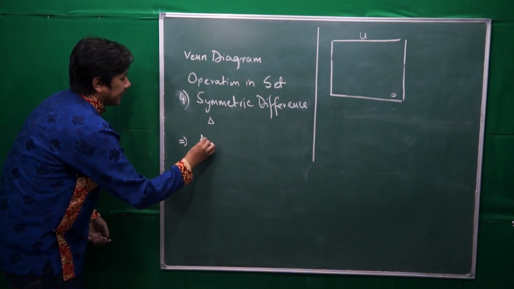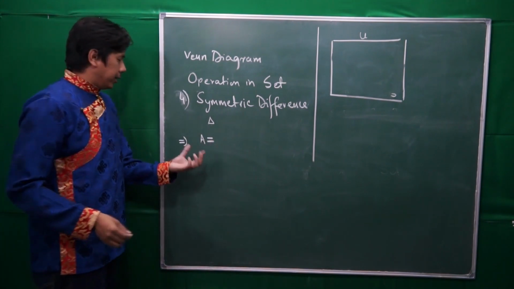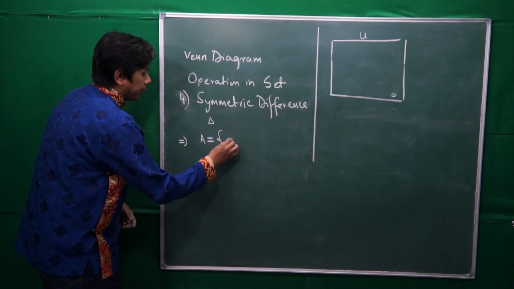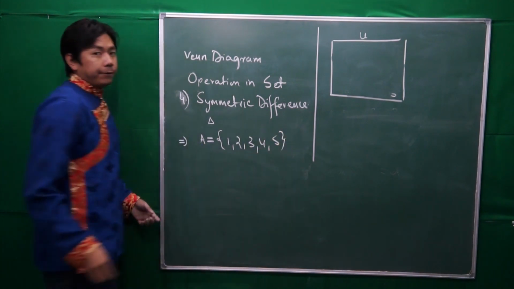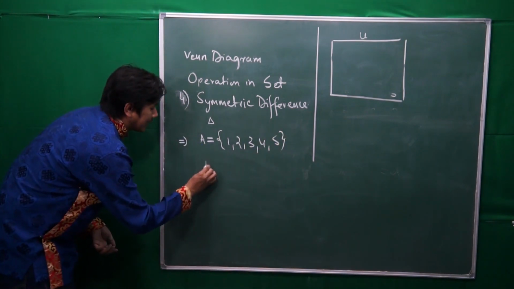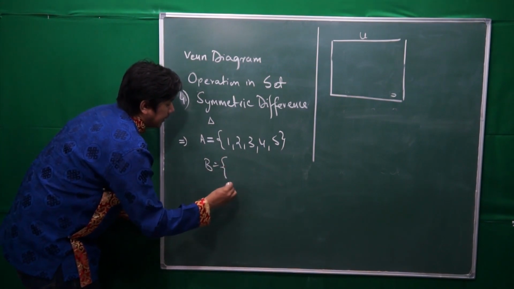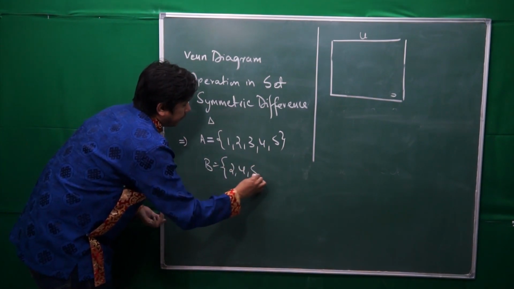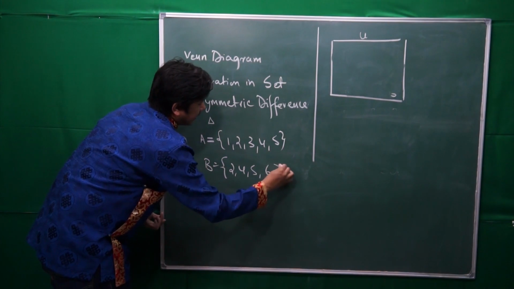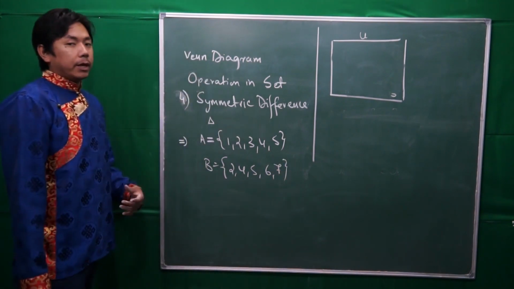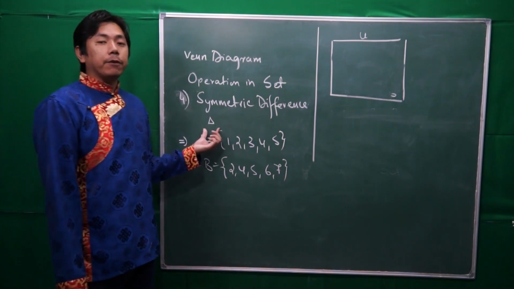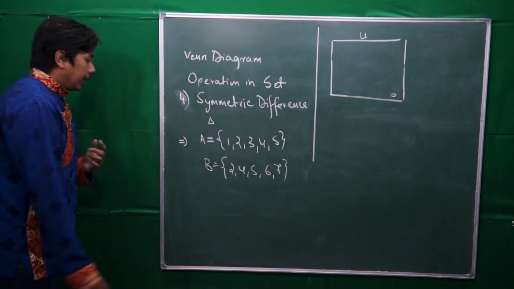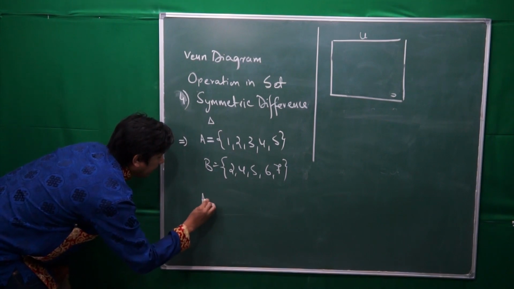So let's say set A has elements 1, 2, 3, 4, 5. Similarly, set B is another set with certain elements, say 2, 4, 5, 6, and let's say 7 as well. Okay. Now, if I need to find the symmetric difference between set A and set B, I'll be writing A